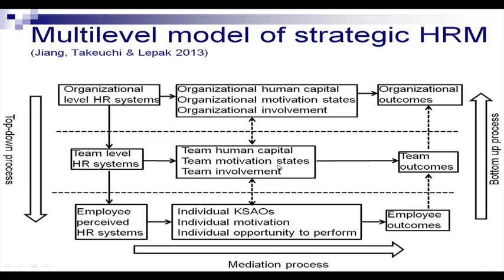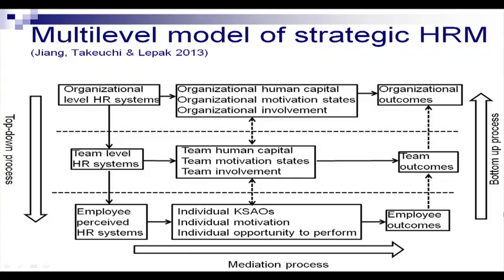The organization facilitates the organizational level HR systems, which facilitate the team level HR systems, which in turn facilitate the employee perceived HR systems. Team level HR systems have informed us as to what we need to do. The organization put a system in place, different teams were told about it, and the teams approached individuals and they came to know. Now I as an individual know that this is there, and I've banked on what my team has told me, and that has helped me do whatever I'm doing in this course. Okay, and that is how it's getting to you. So all of these things are connected.